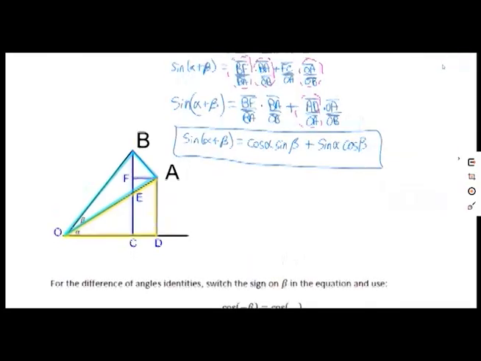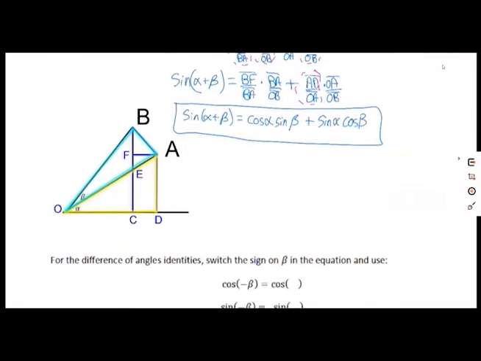Our next goal, and we're going to do this a little more compactly, I think we've got enough room here to do it, is to do the exact same idea, but with cosine. So we're going to do the cosine of alpha plus beta. We know that's going to be adjacent over hypotenuse. And the adjacent over hypotenuse for our